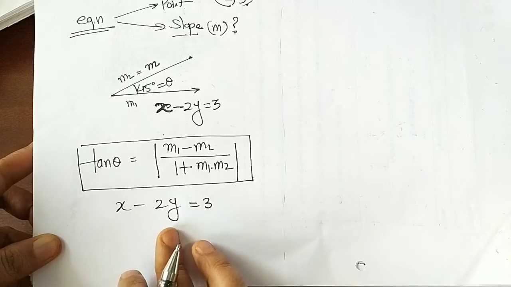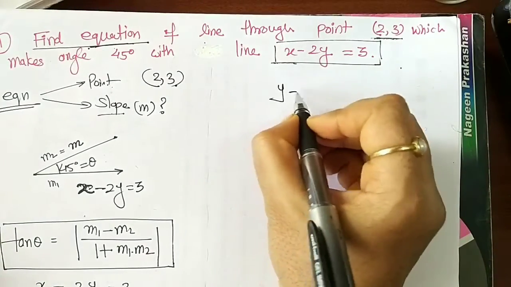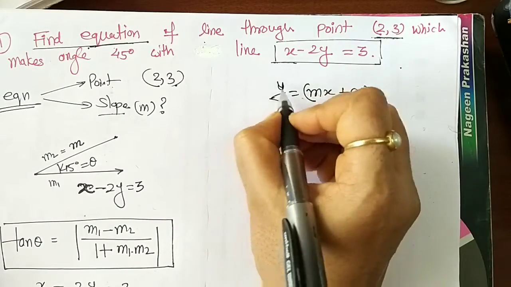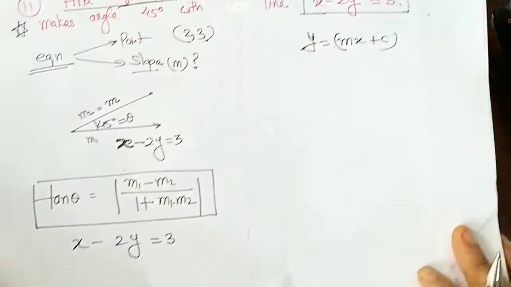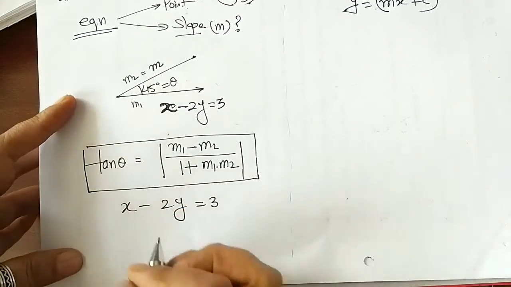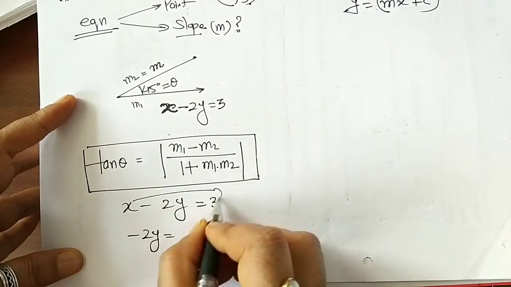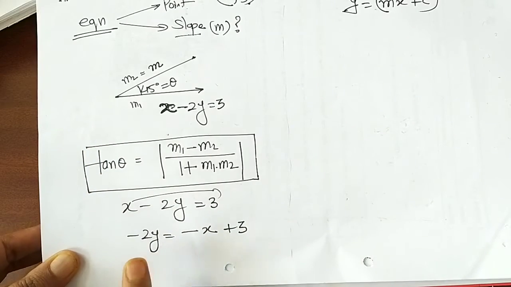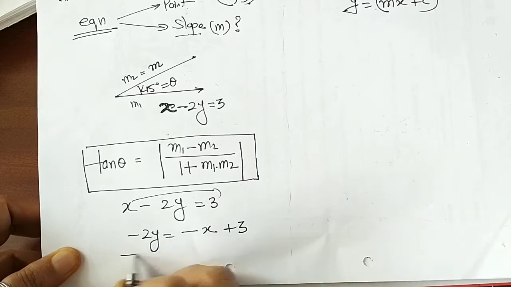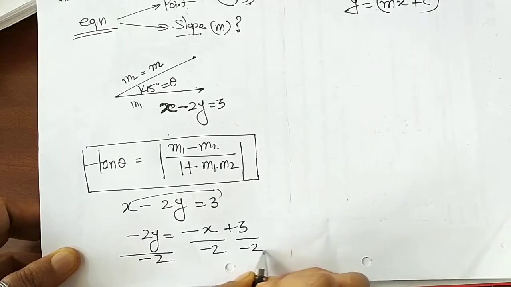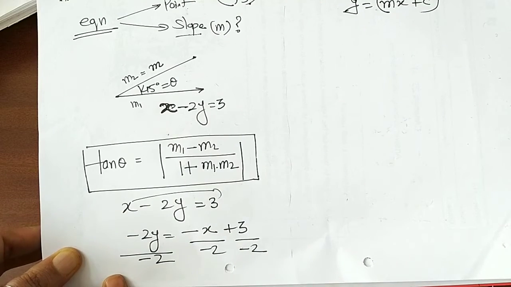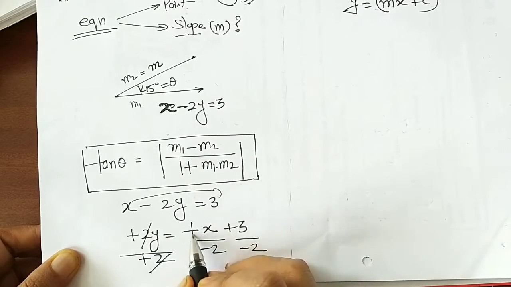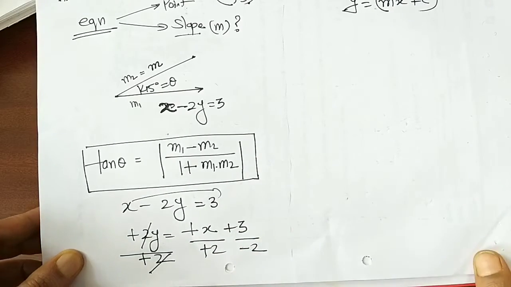For the slope, I will try to convert it into the y is equal to mx plus c form. That means I will keep y on the left side without any coefficient. So I will keep minus 2y on this side, and I can send the other terms to the other side: minus 2y is equal to minus x plus 3. But it should have no coefficient, so minus 2 should not be there. So I will divide by minus 2 to get rid of it everywhere. If I am dividing here, I have to divide everywhere. So this will become plus, the minus 2 cancels, and this will remain there.